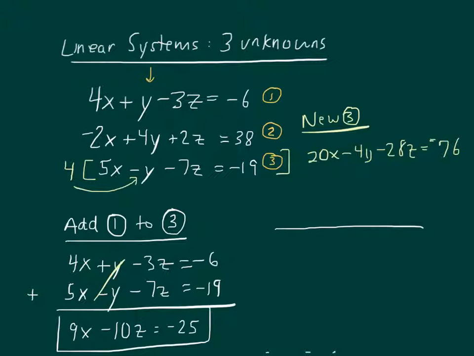Alright, so I'm going to add equation number 2 there, which has the 4y, to the new 3. We'll call it the new 3, and that has the negative 4y. So let's take 2,